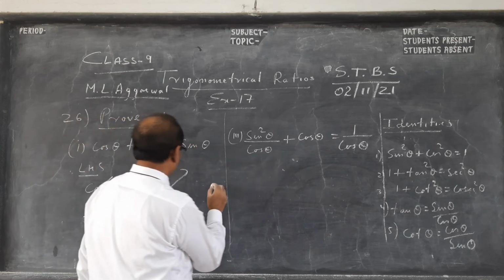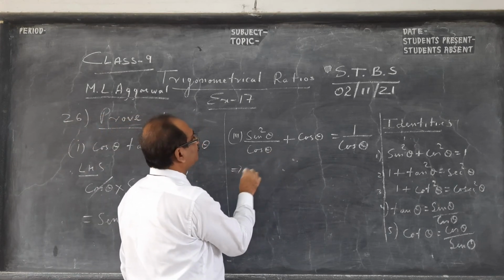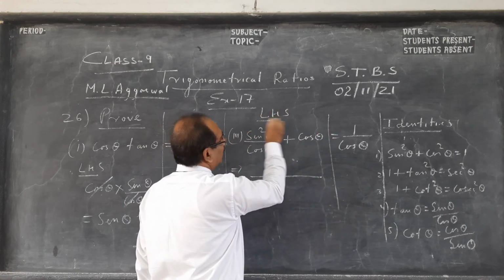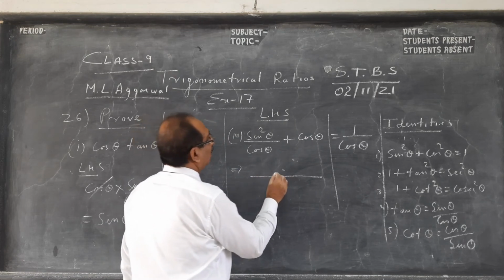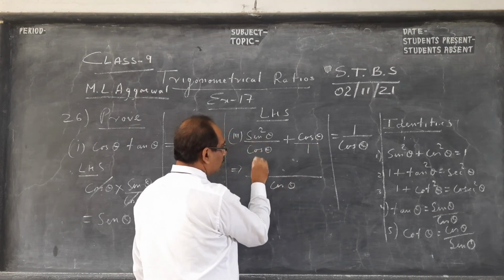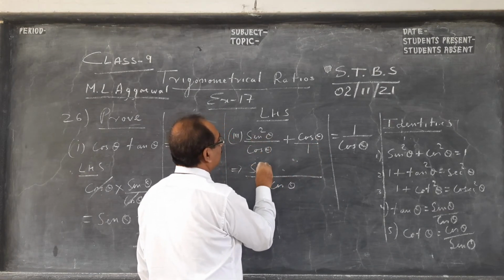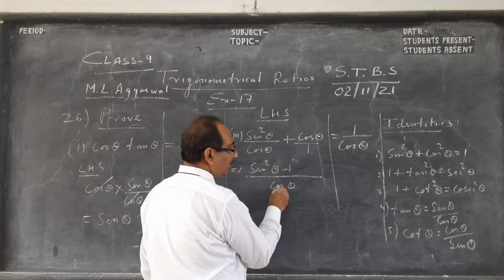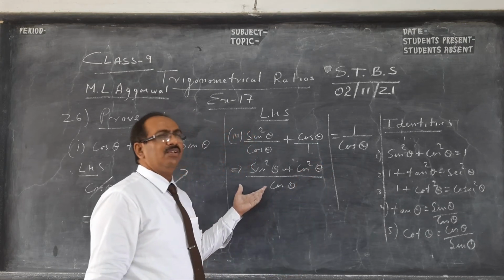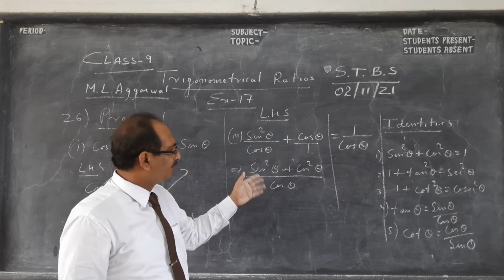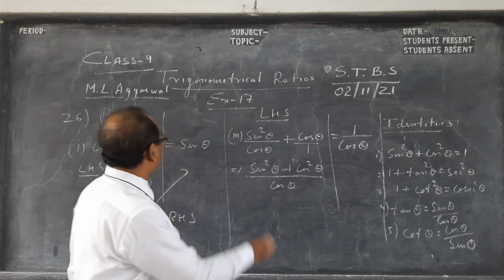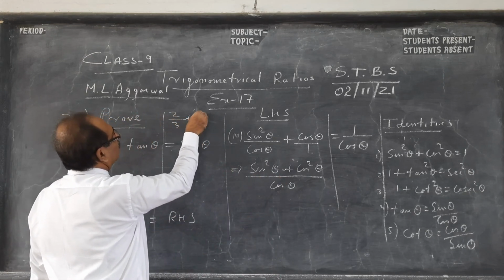Now see here, I start with the hardest side. No, before I do, I'll take the common denominator, the LCM. Okay, you can go to the next step, don't do it in the question. Cos squared theta will be the common denominator. So cos will go once to cos, sin squared theta, and here 1 will go with cos times cos, and cos into cos is cos squared theta. We do it like any fraction, like we do LCM, HCF; like that we find the LCM of the denominators and then we solve. Okay, addition of fractions like this, if you remember, 2 by 3 plus 4 by 5.